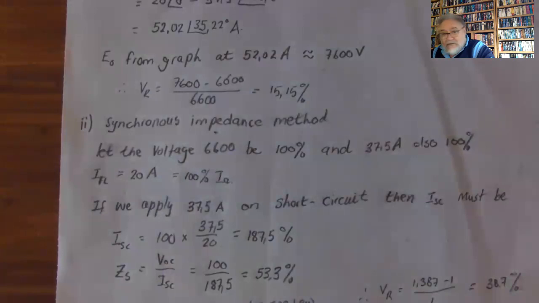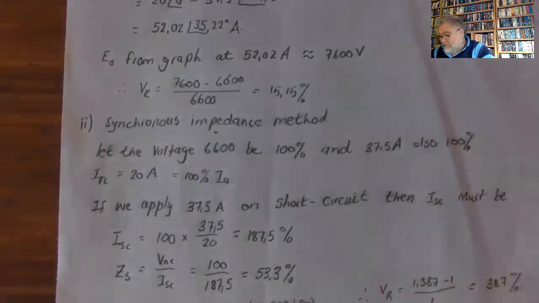So if we apply 37.5 amps on the short circuit, then the short circuit current should be 100 times 37.5 divided by 20, which gives us a value of 187.5%. So ZS is V open circuit over I short circuit, which is then 100% divided by 187.5, which gives